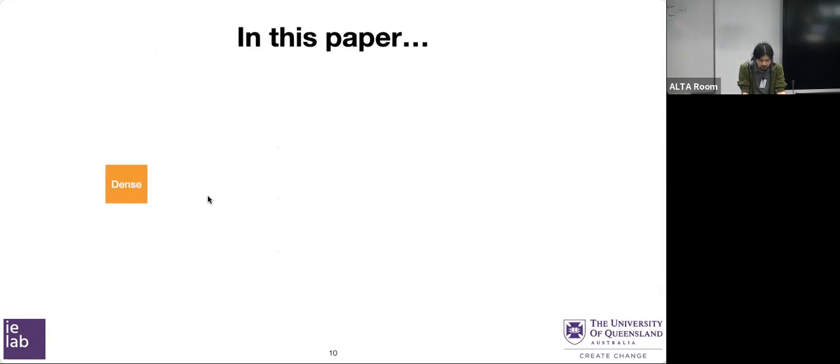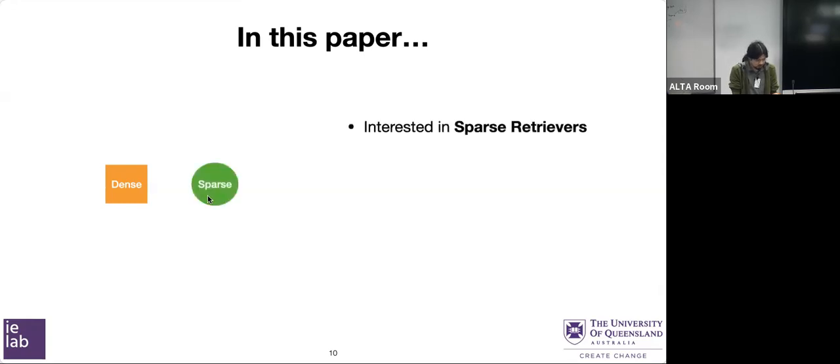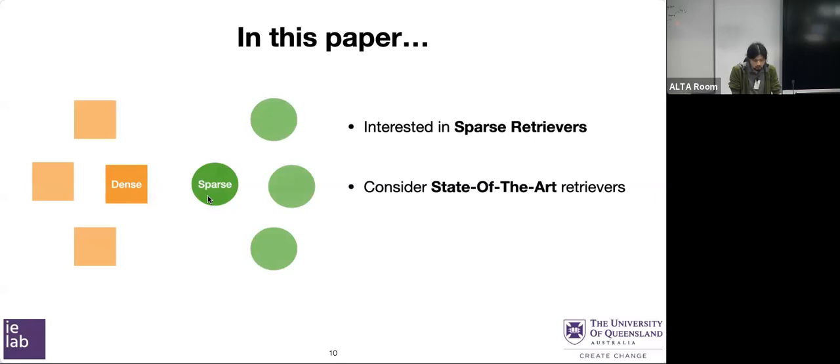So in this paper, we're interested in the performance of sparse retrievers on queries with typos, which has not been largely explored yet. Upon that, we include more retrievers and consider state-of-the-art ones, for both dense and sparse, to see if these recent advanced retrievers are robust to typo queries, and whether there is a difference between these two kinds of retrievers. We also test if the typos-aware training data augmentation method, originally proposed for dense retrievers, can be generalized to sparse retrievers.